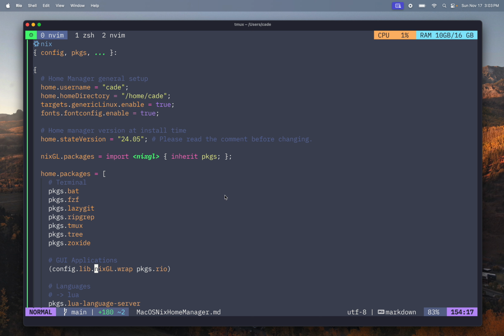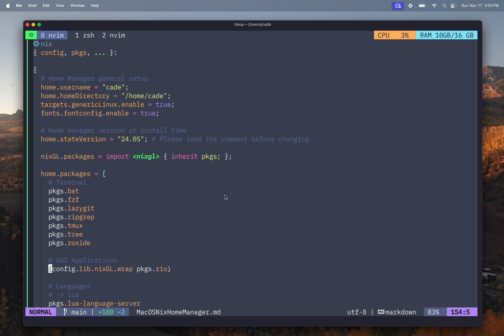My Linux desktop is just Intel. It's just the integrated GPU. There's no external one, so I don't really have to worry about using NVIDIA, using Optimus. So the default one just says, okay, I'm using Mesa, I'm using integrated graphics. So it tells Rio, those are the graphics to use. If I didn't use this, Rio wouldn't run. It would just fail when it tried to open. But this allows it to be run